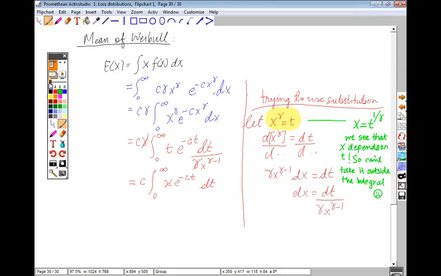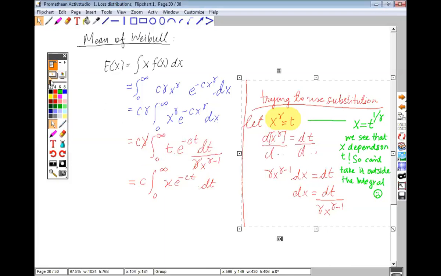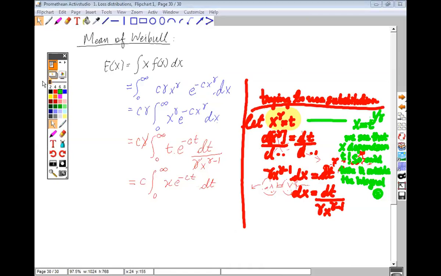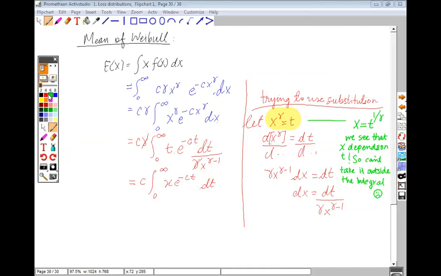So what else can I do? Then do we have to convert it back in terms of x? Do we have to convert back in terms of what? In terms of x. Okay, what do you mean by that? What should I write here? I mean that wherever we have t, do we have to replace it again? Like, t will become x raised to gamma again. Do we have to do that?